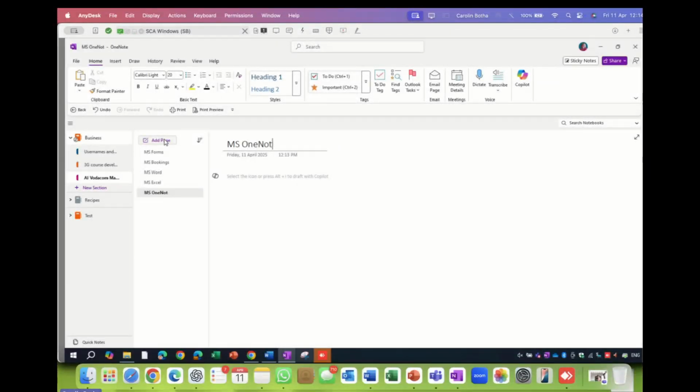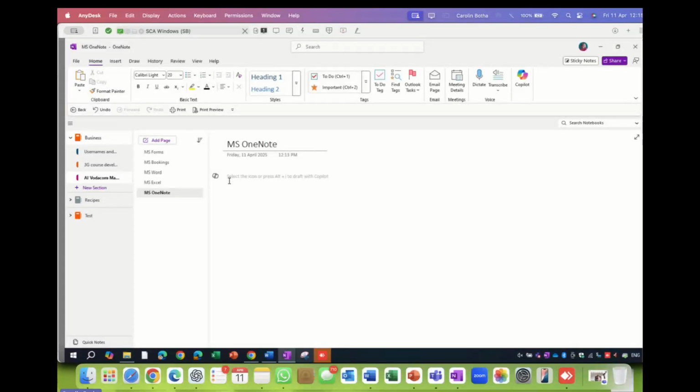So everything that I think of, maybe I'm in a restaurant with friends and I see something and I think I have to mention this to the audience when I do training in OneNote. So what I then do is I get my cell phone under the table and make a quick note. It's literally that sticky note. Make a quick note because OneNote is saved, but you can choose.